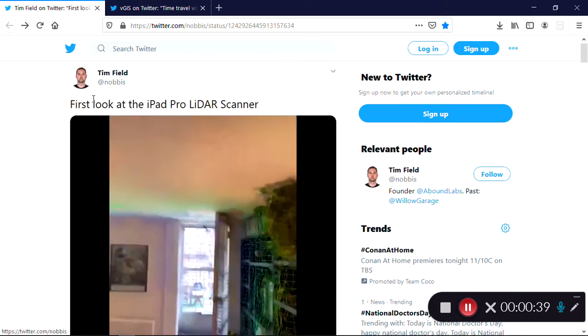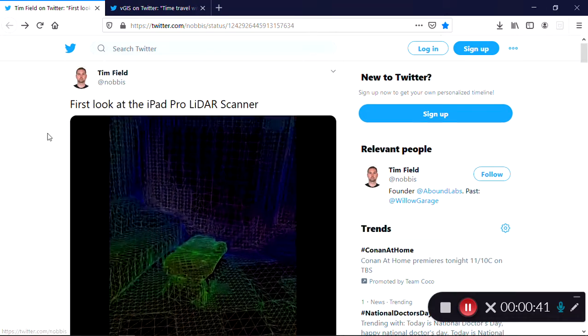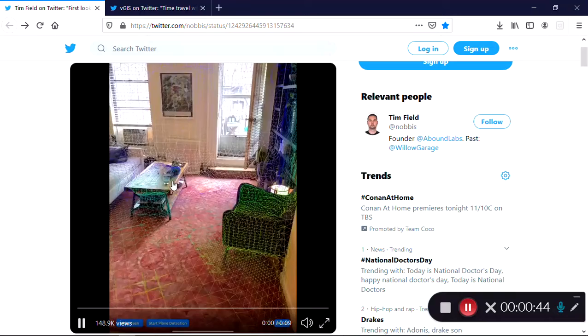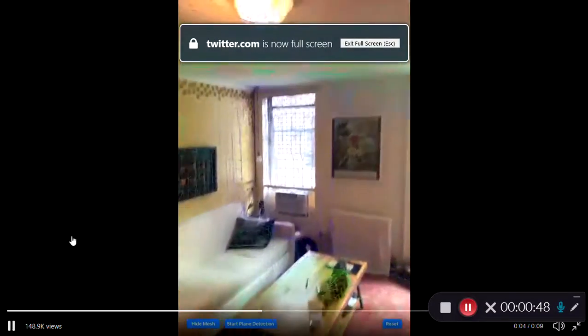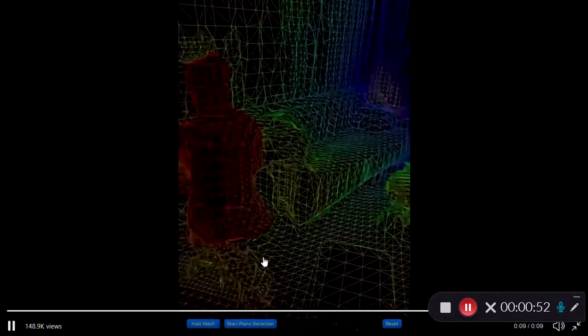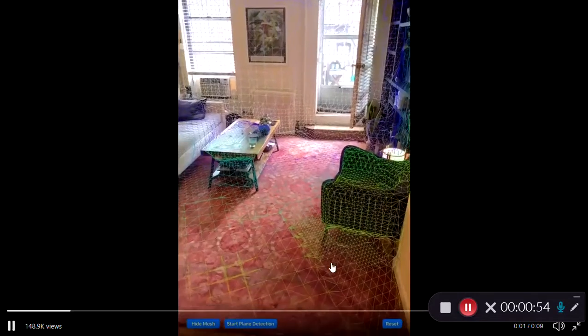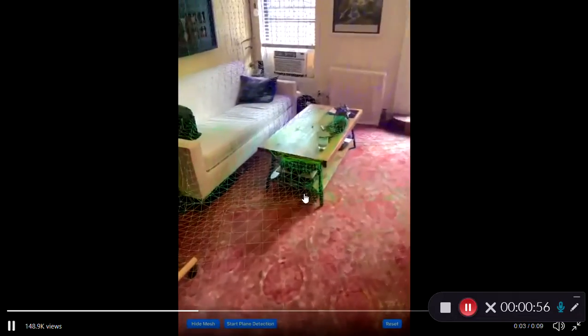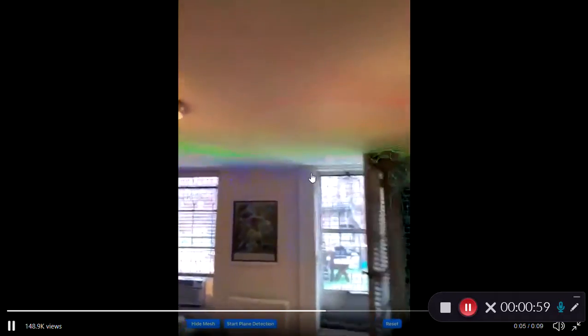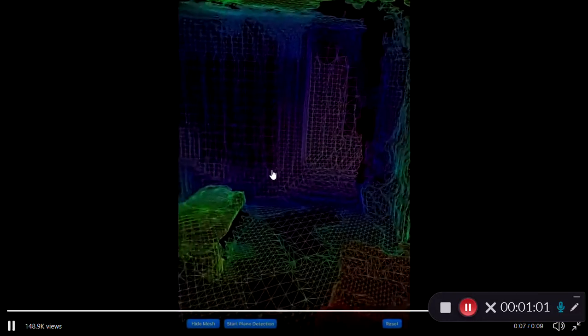As it's from Tim Field of Nobis, or at Nobis. First look at the iPad Pro LiDAR scanner. So this is a LiDAR scanner, I guess using an iPad Pro. So you can see how it's creating this mesh, this triangulated irregular network. And so the more complex areas, more nodes, more triangles, kind of this lattice, let's say, that goes